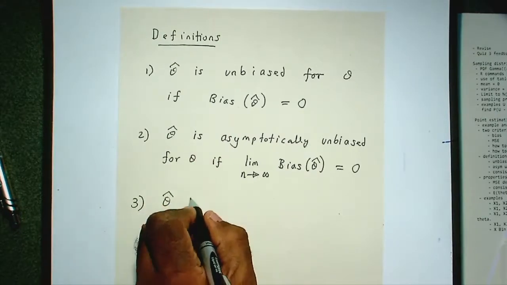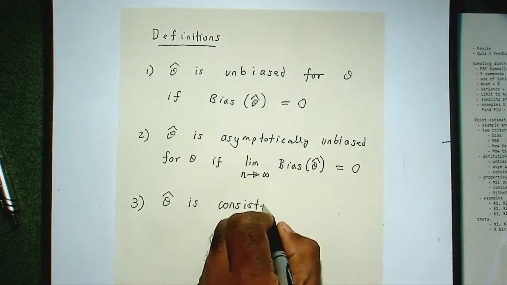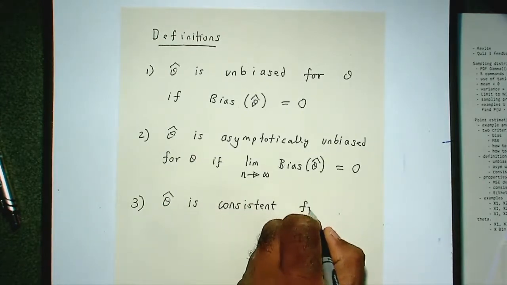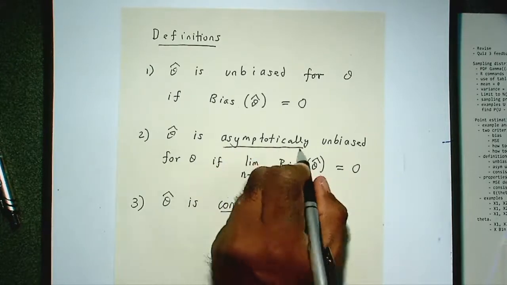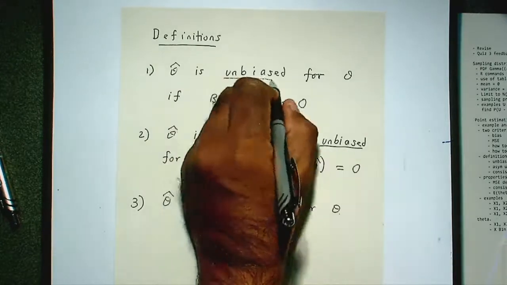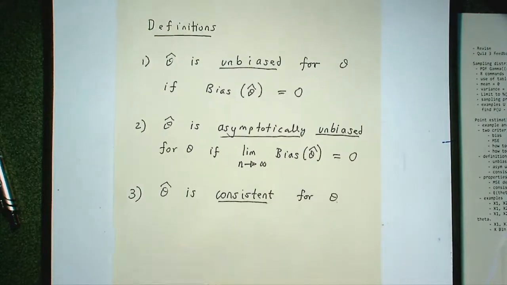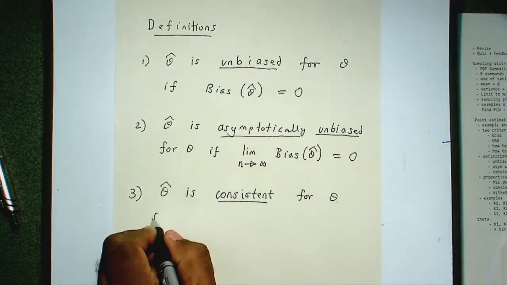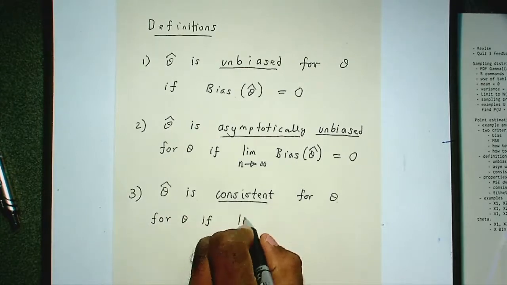Theta hat is consistent for theta. So the key words here are these ones. This is a key word: unbiasedness, asymptotically unbiasedness, and consistency. Right? It's consistent for theta if the limit